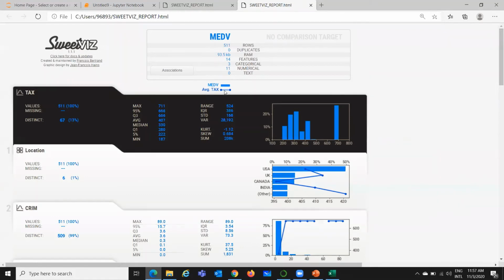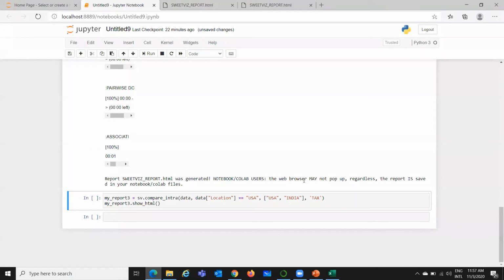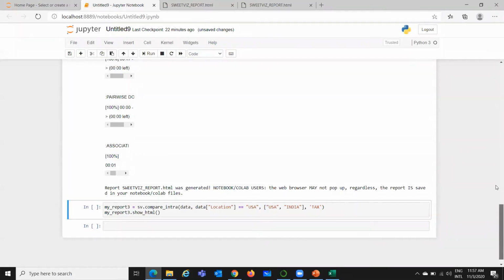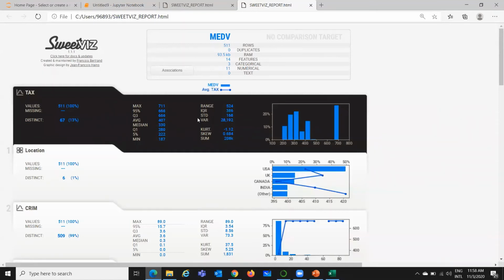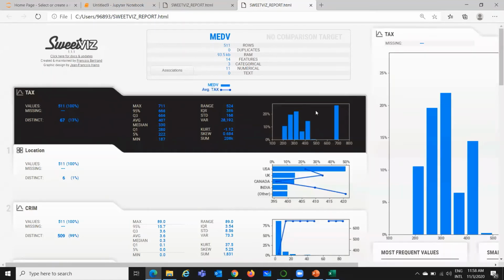Now your graph will have two things. You can see again a bar chart, and also there is a line plot. So this line plot is for tax. You remember here we have generated the target feature as tax. So that is why it is plotting with respect to tax. So tax is our target variable. So that is why it is highlighted. So this is the tax.